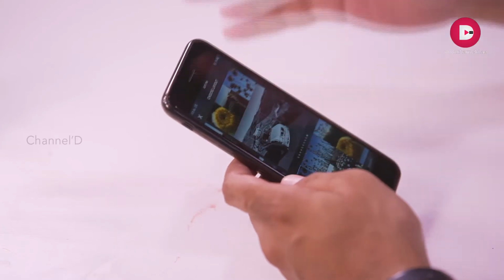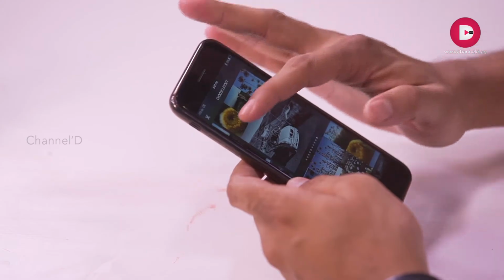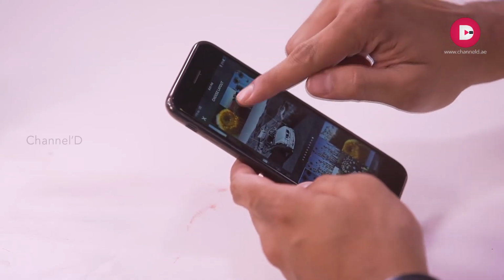Most of the time you don't have to work on any of these images. You can just save and then share it with your friends. And if you really want to work on these pictures, for example, let's take this frame. Now there are 4 pictures here, but you want the picture of this doggy to be on the main frame. So what you can do is just touch that picture